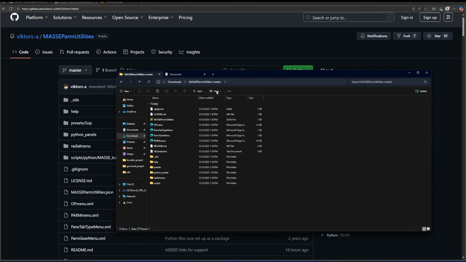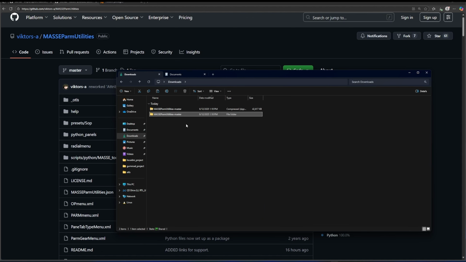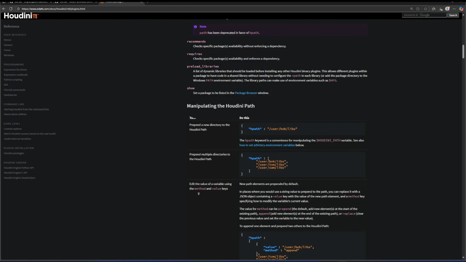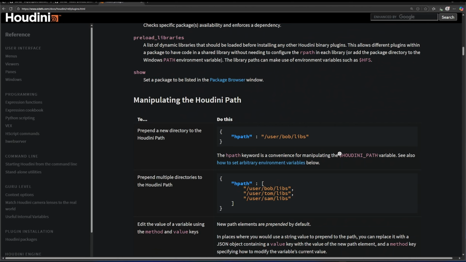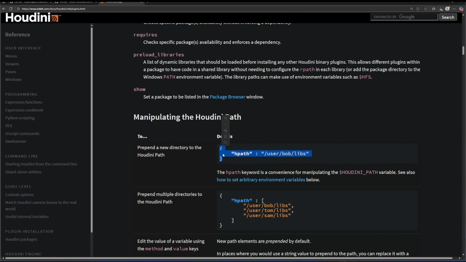Basically, we want to make sure that this folder is discovered by Houdini when it launches, and that means we have to set up our JSON file, which is basically a package. This is how it's going to be discovered, with the JSON file for Houdini to discover it. The documentation about how to set up Houdini packages is very long, but at the end of the day, we only have to care about this thing. Basically, we have to set up our hpath